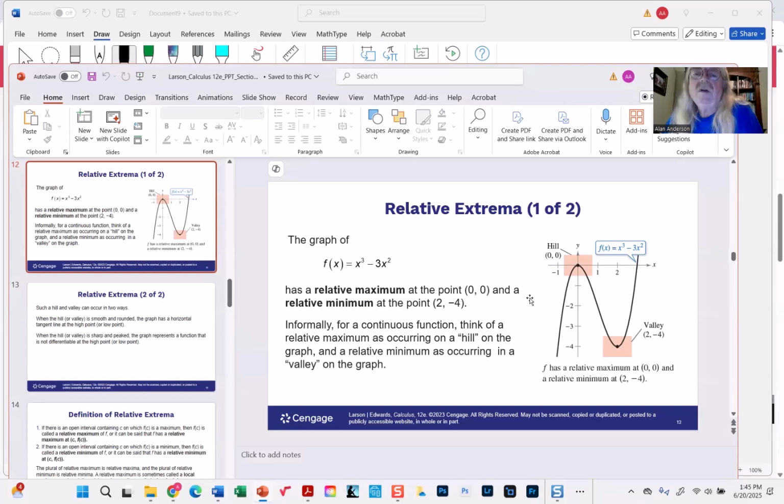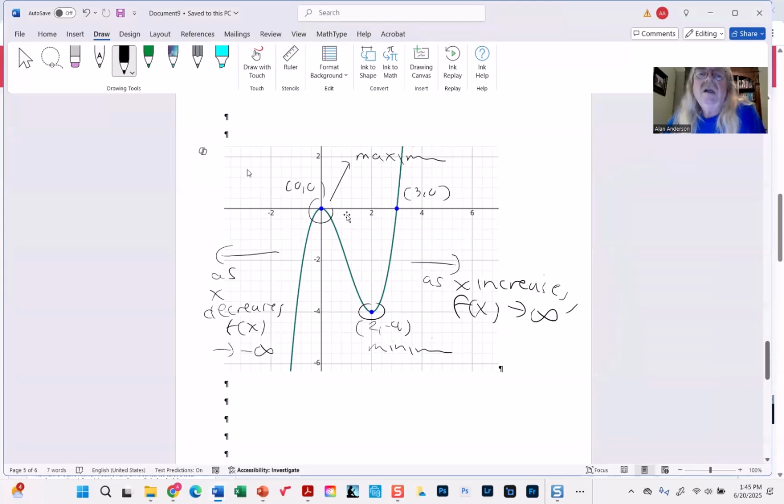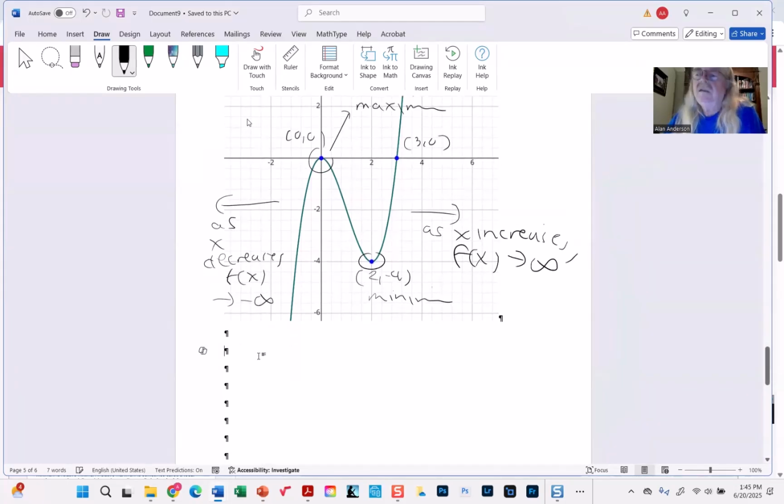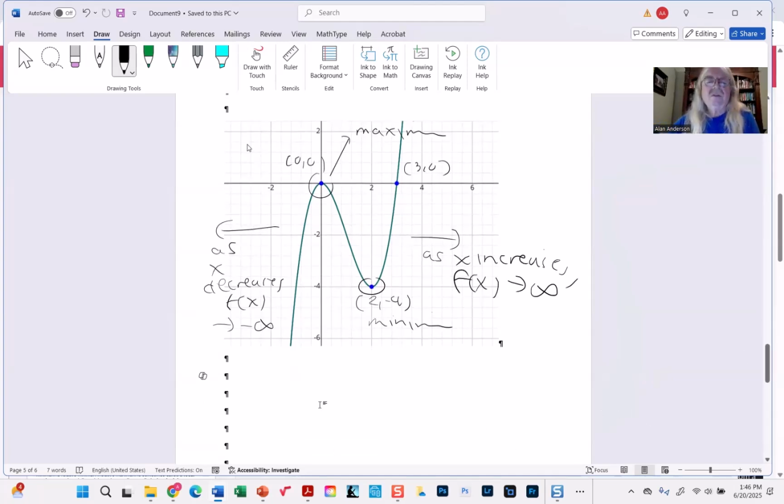Now, here's an important detail. You notice the key word there is relative. That refers to the idea that while 0, 0 is a maximum, it's only a maximum within that range of values, because you can see that over here, eventually the function does go above that point, and it continues all the way up to infinity. So the point 0, 0 is a relative maximum, which means